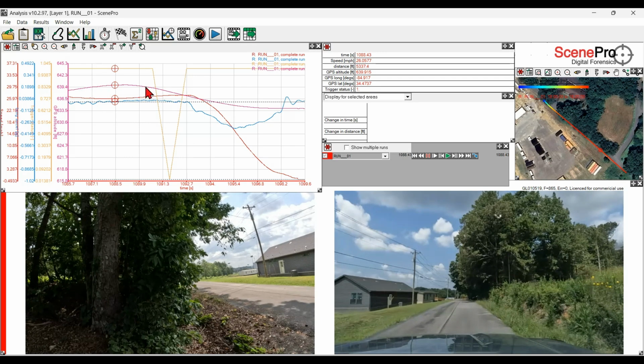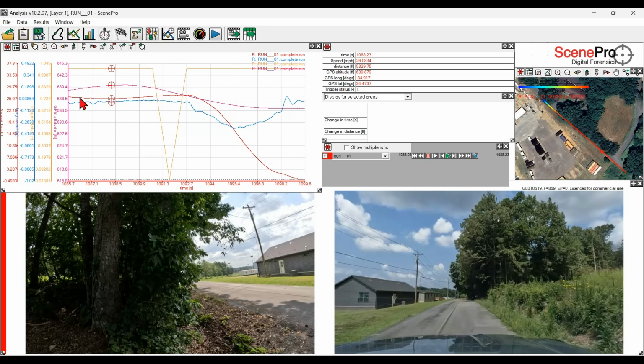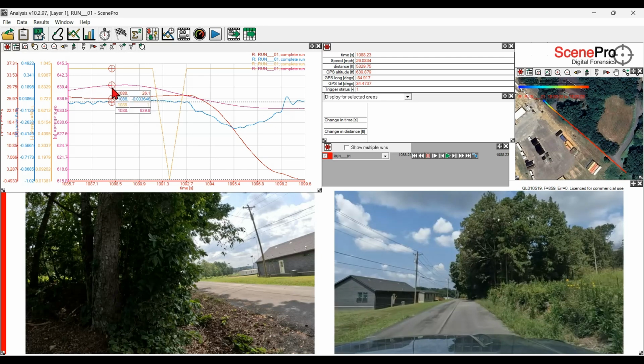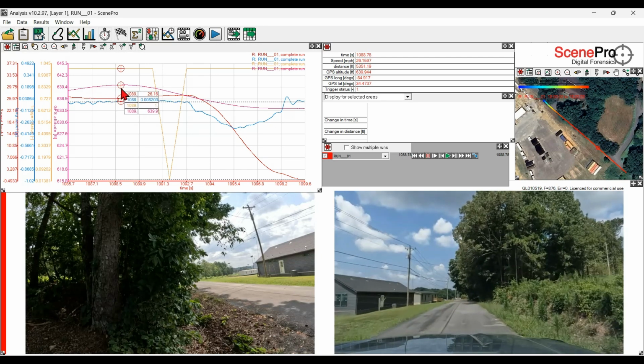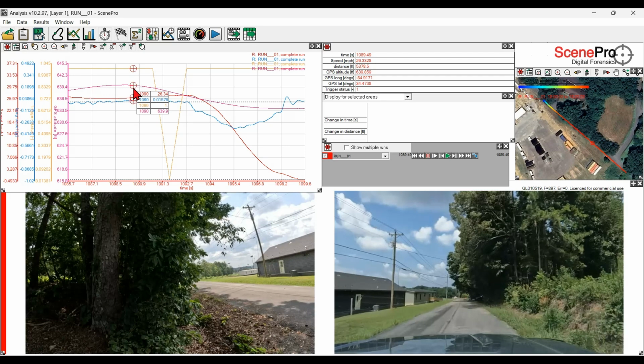The long red arc here is the GPS elevation. The sharply sloping red arc is the speed in miles per hour. And the blue trace is longitudinal acceleration. So obviously we're not really looking at braking here. That's not going to be real critical on that. So as we move forward, if you look at the videos,